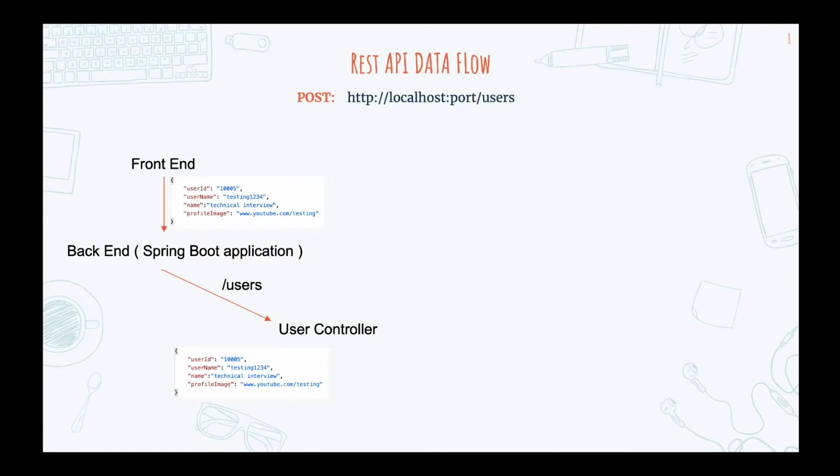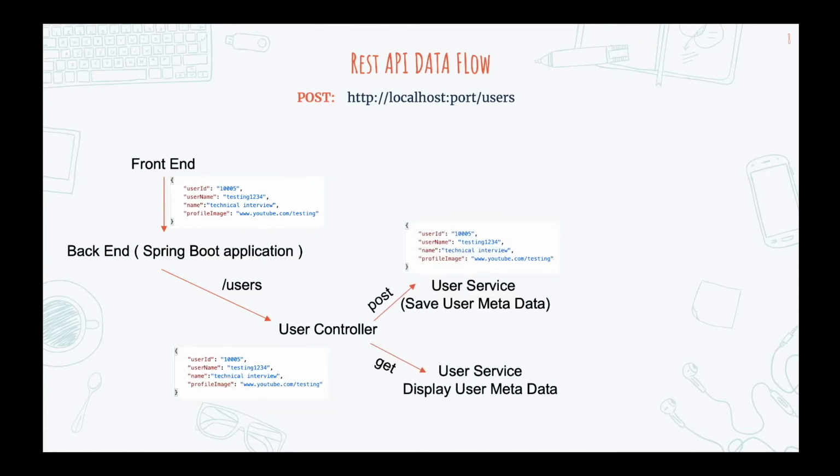And once the request has been received by the controller, the controller checks the method by which the request has been submitted by the front end. Since we are sending it by a post URL, the controller will invoke the post service. If you remember, within our service class we have created two methods, one for the post service and another for the get service. Since we are submitting the form, that is we are using the post service, our flow will go from the controller to the post service. And within this post service, the controller will also send the payload along with the request.